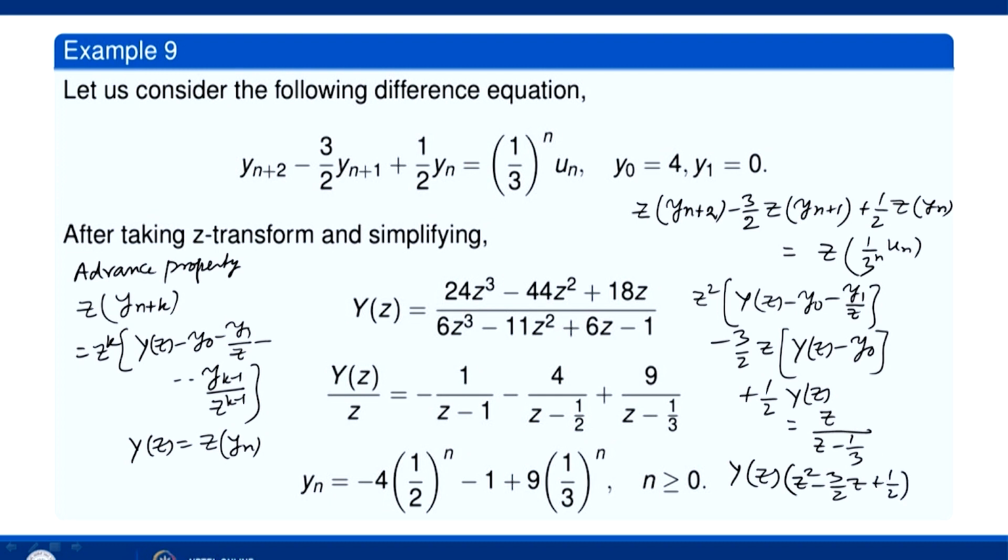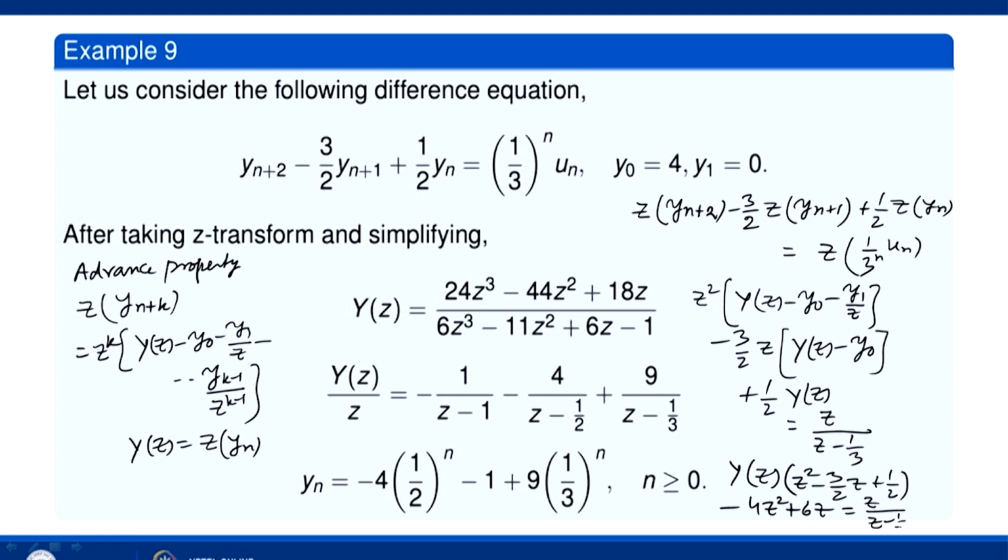Okay. y naught we put as 4. So, we get minus 4 z square, here y naught is equal to 4. So, we get minus 4 z square plus 6 z. This term is 0 because y 1 is 0, and then it is equal to z over z minus